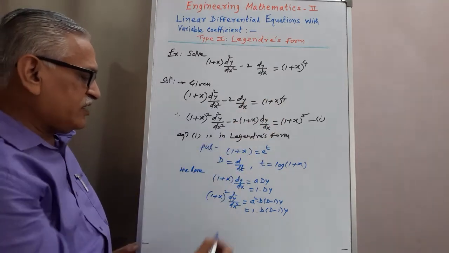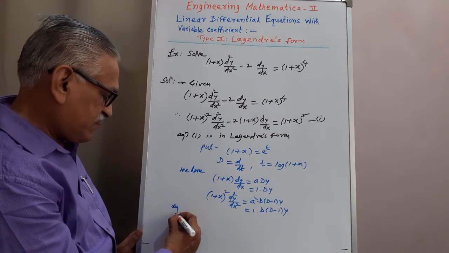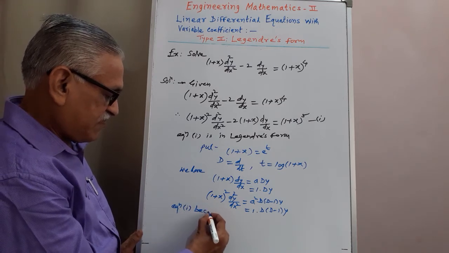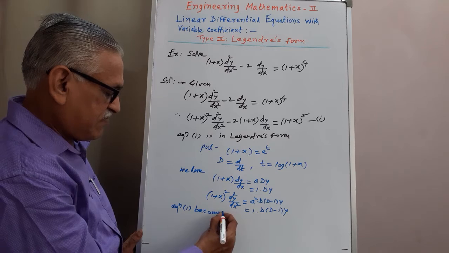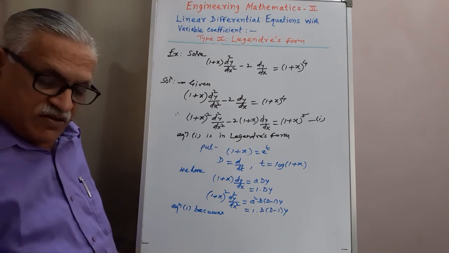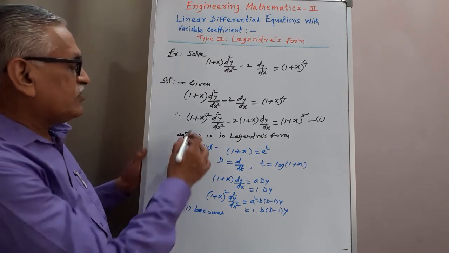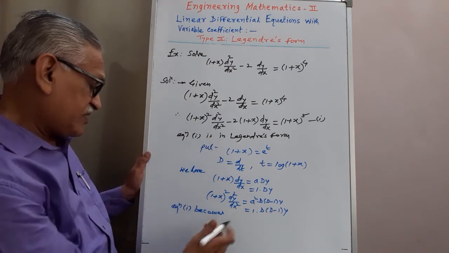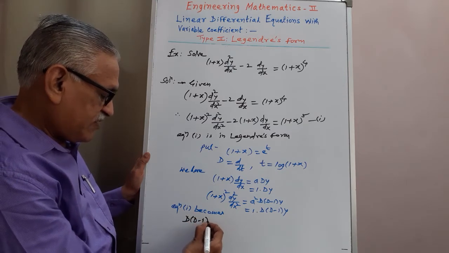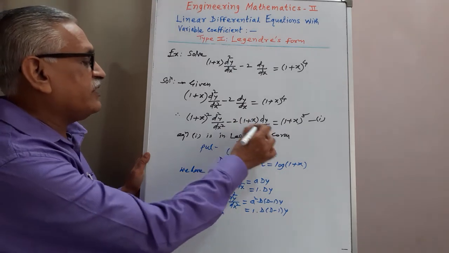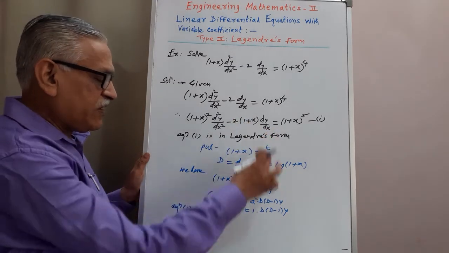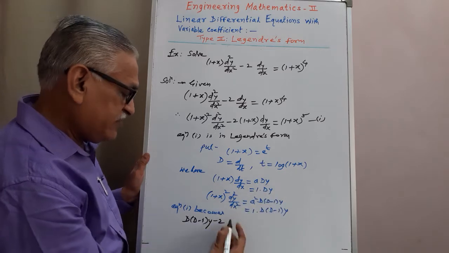Substituting this in equation 1, we replace this term by this, and it becomes D(D − 1) y − 2 times (1 + x) dy/dx, which is Dy,